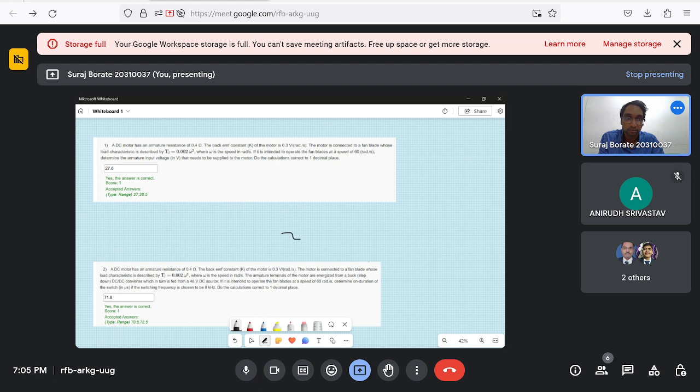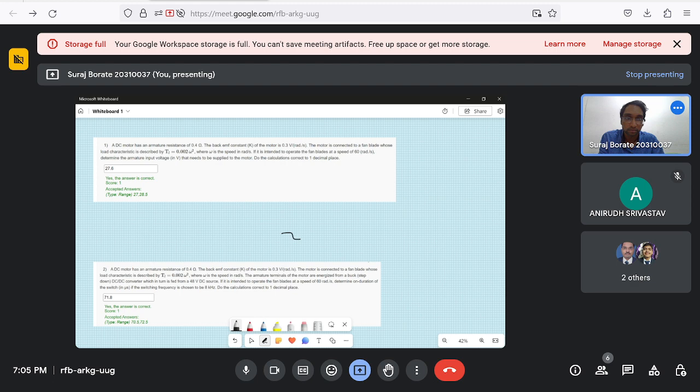Yeah, but how did that formula come about? Okay. So it is like L di by dt, right? So this L di by dt is equal to what? It will be Vg minus Va,